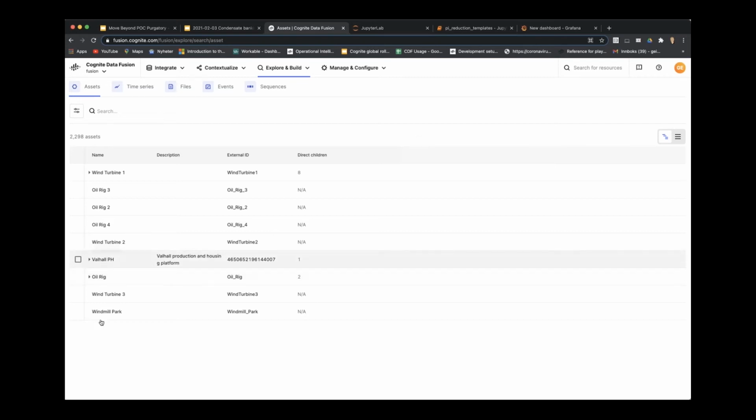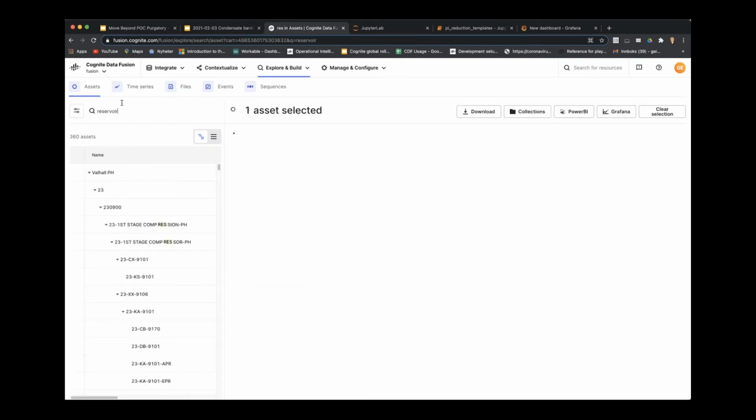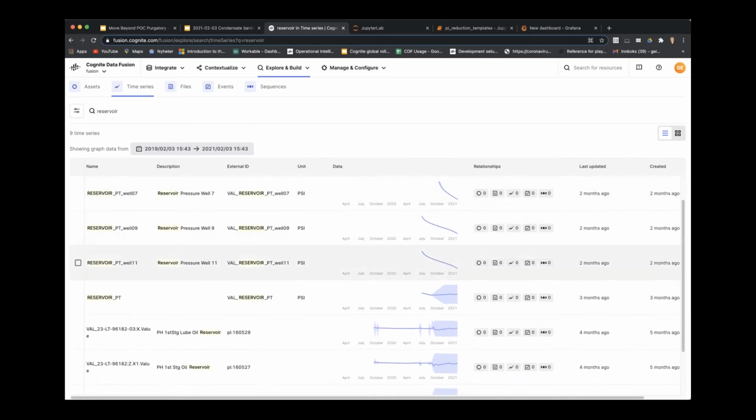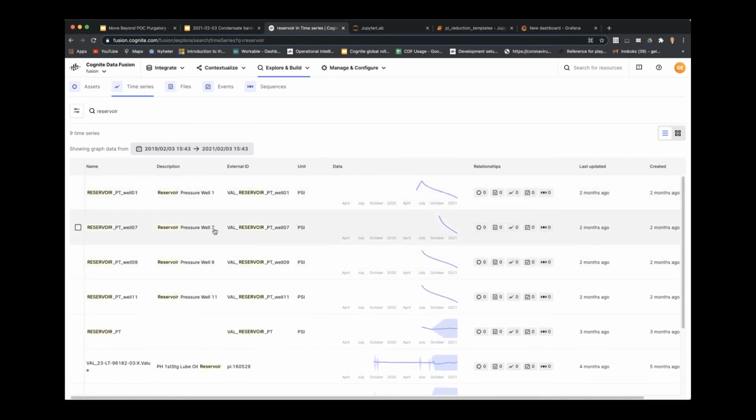So here you can navigate the data either hierarchically, or you can do just a free text search. So I'm interested in reservoir pressures, for instance, and I want time series. So you can see there are all these different kinds of data types supported, but this is what I'm interested in. So I can preview quite easily these time series, and I found a few here that are interesting to me.